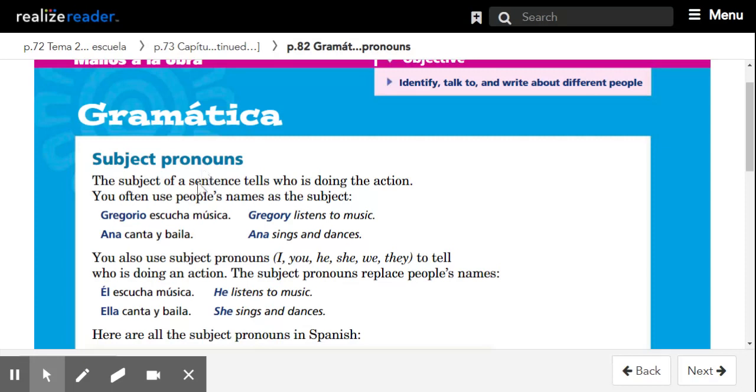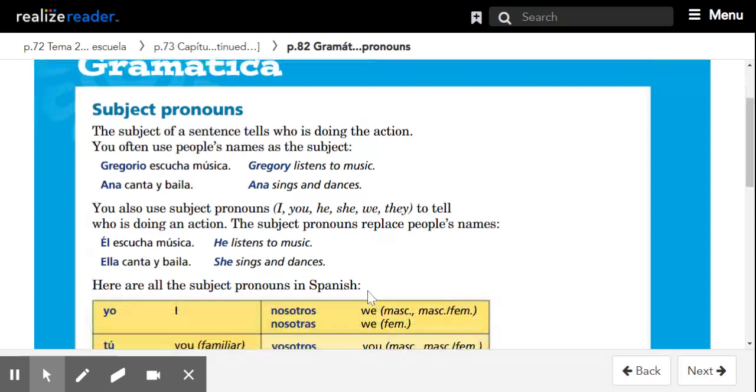For example, Gregorio escucha música. Gregorio is the noun, escucha is the verb. Gregory listens to music. Or Ana canta y baila. Ana is the noun. Canta, sing. Y baila are the verbs. Ana sings and dances. You also use subject pronouns, I, you, he, she, we, they, to tell who is doing